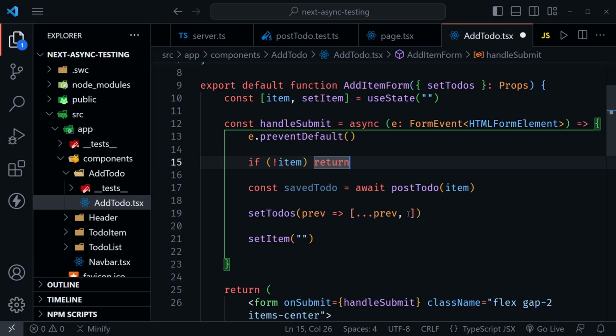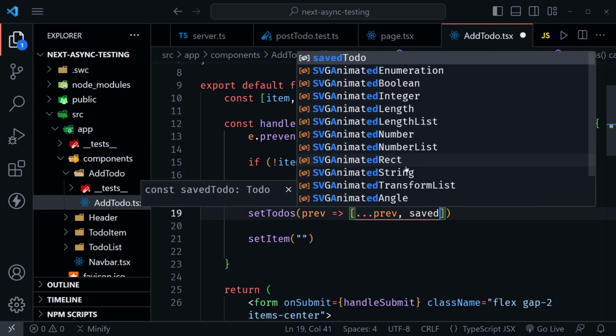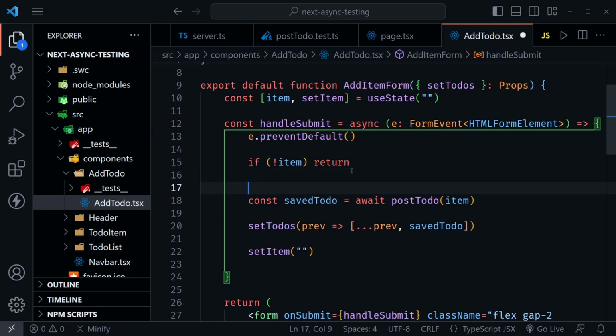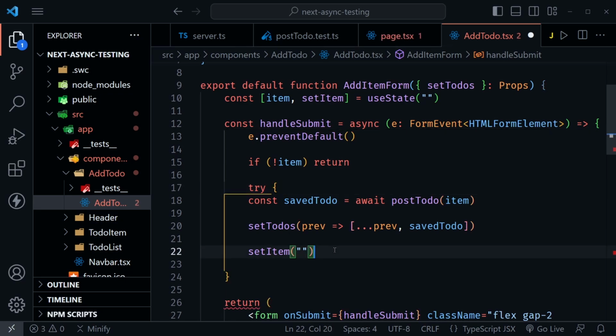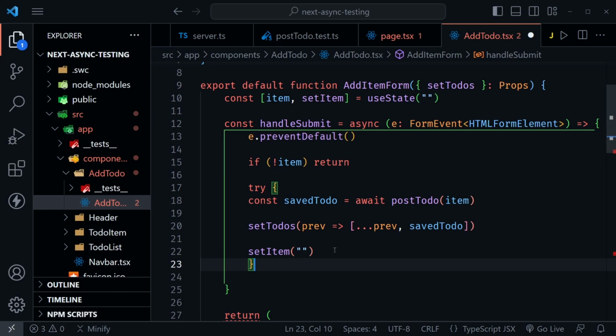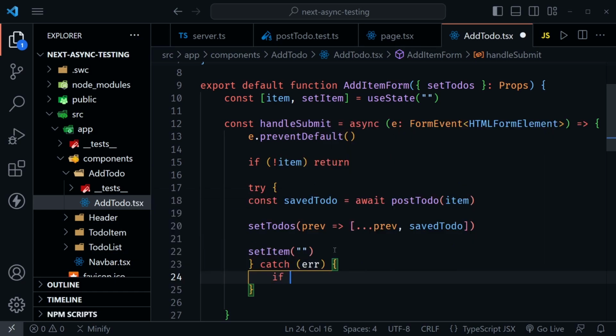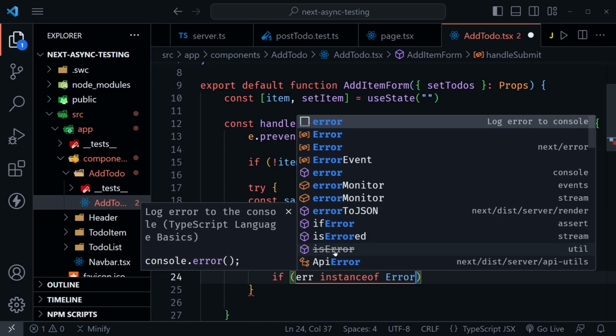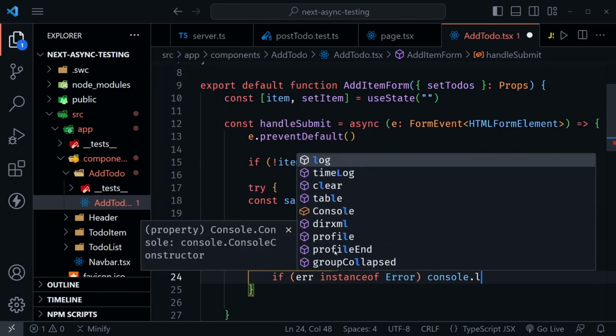And then after that, we can put saved to do here. Now let's go ahead and wrap this, because remember, if there's an error, it was going to bubble up. We weren't catching it in the post to do function. So after all of this, we have got the try block, and then we're going to have a catch with the error. And now inside of this, we're going to say if error instance of error, then we could console.log